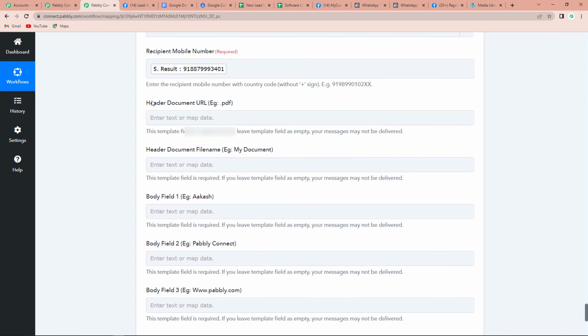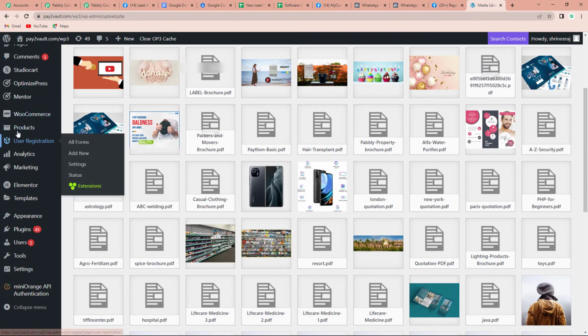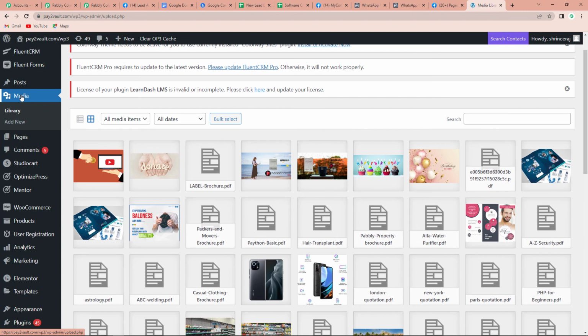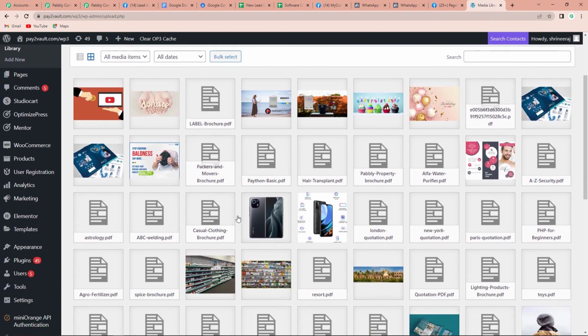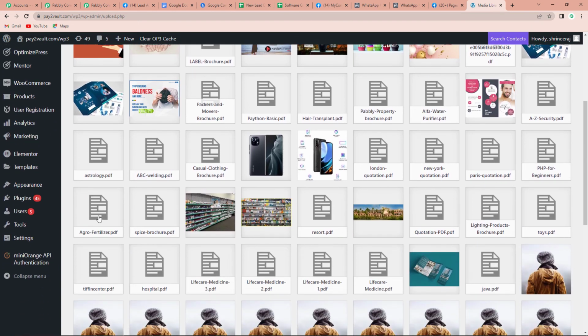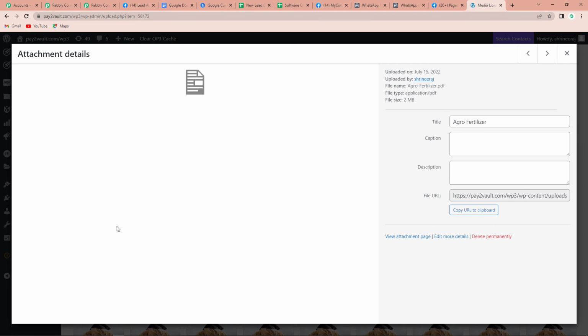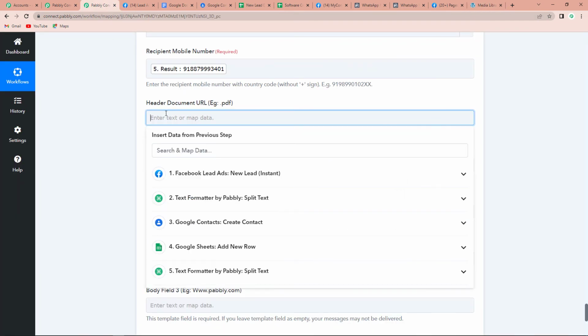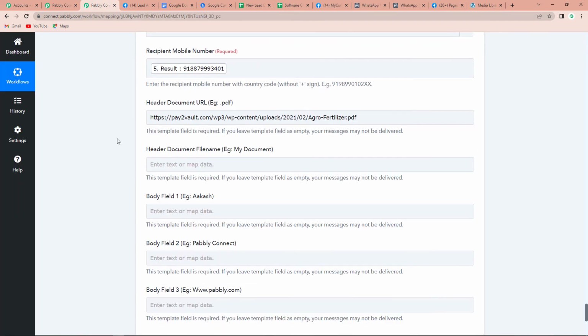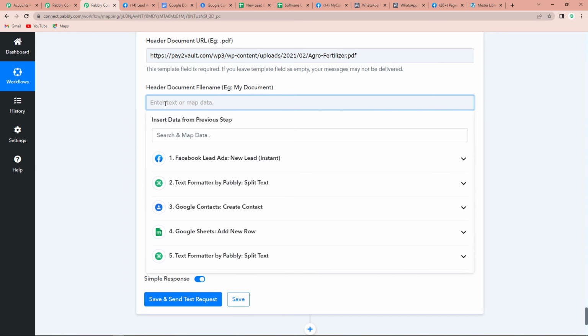Now here we need a header document, basically the brochure of your company. For this I'm going to take you to my WooCommerce page, and here this is the media library, where let's say that I want this agro fertilizer PDF. So I want to share the fertilizer PDF. I'm going to copy this URL and paste it here. So once done, let's say the name of my document is ABC Nursery,